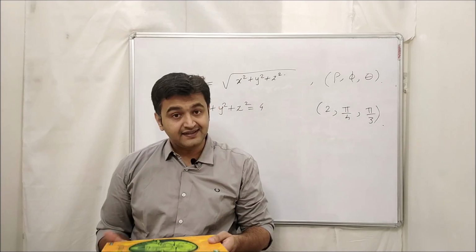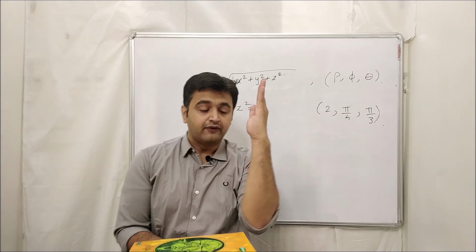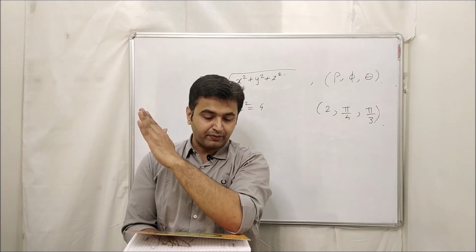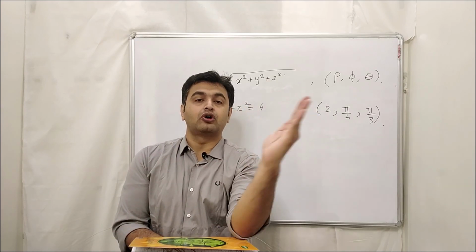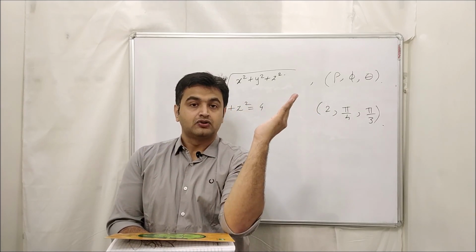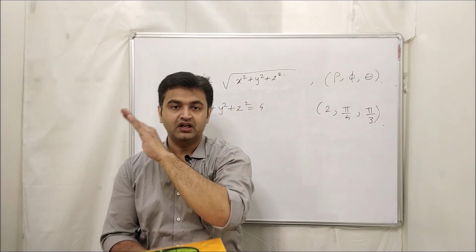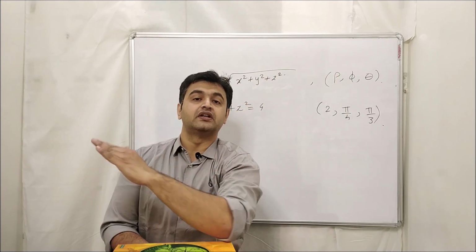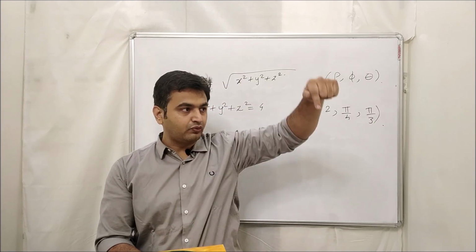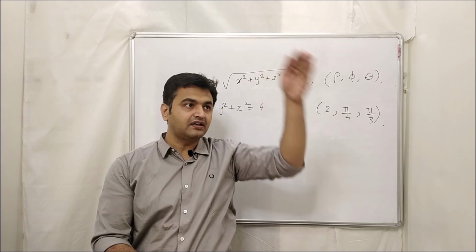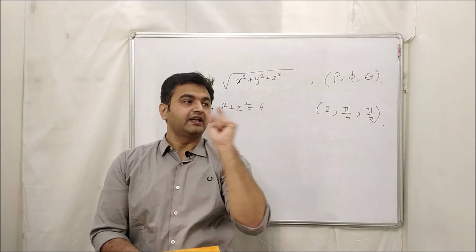I am saying no need to go beyond this pi, you only restrict from 0 to pi, and your job is over. Why so? As soon as someone gives you phi equal to pi by 4, from the z-axis you make an angle of pi by 4 and then you draw the cone over here. So what is the intersection of a sphere and a cone? You had a sphere and you are having a cone. You get a circle over here, right?